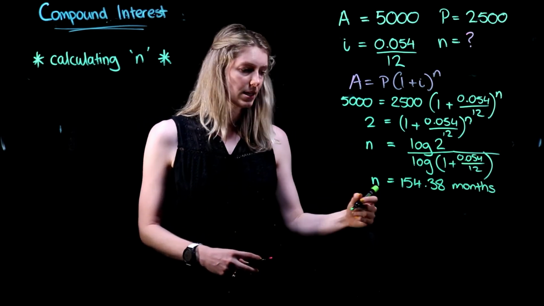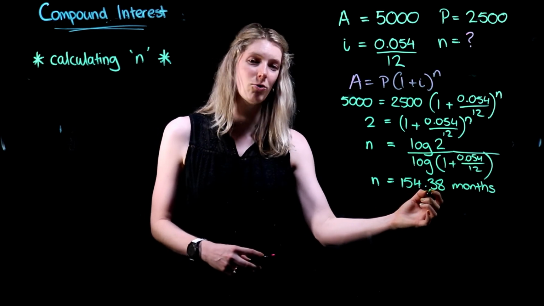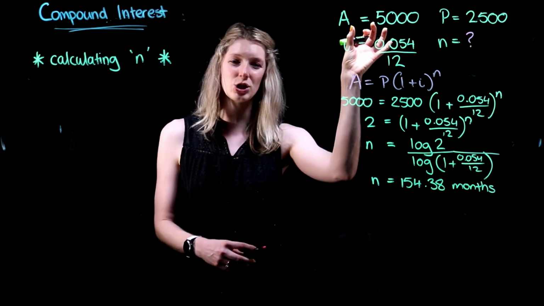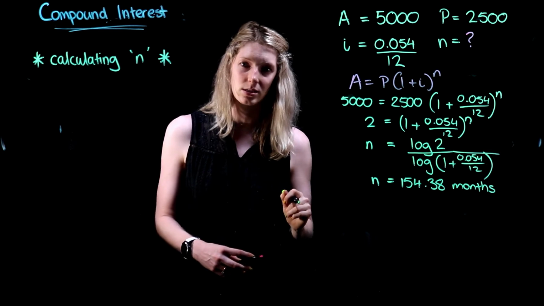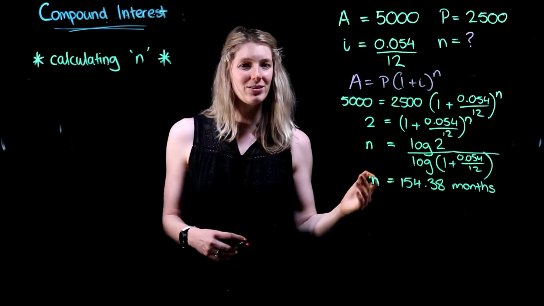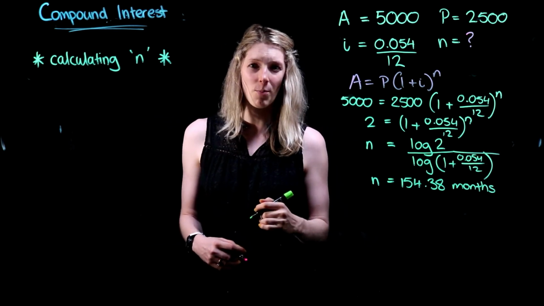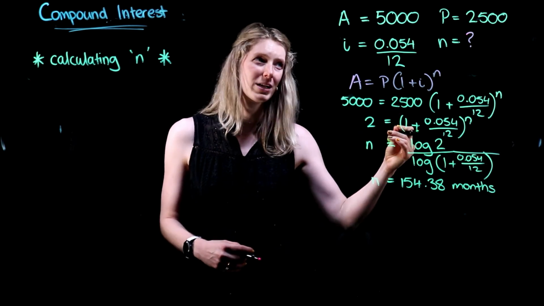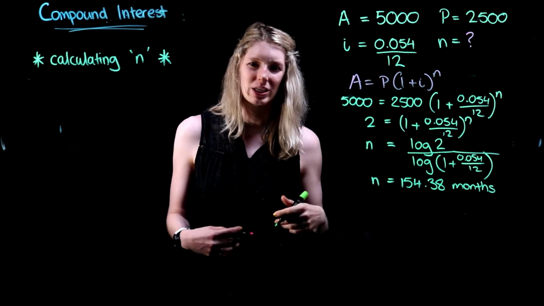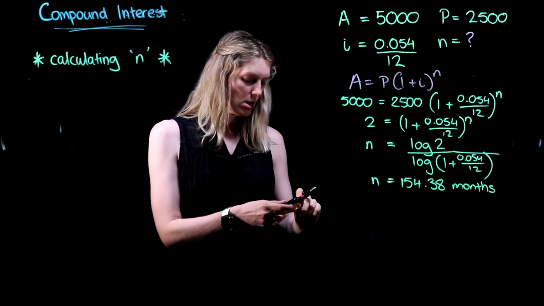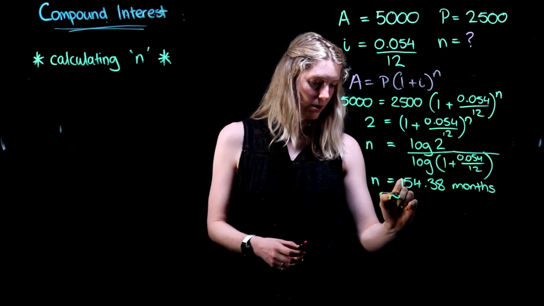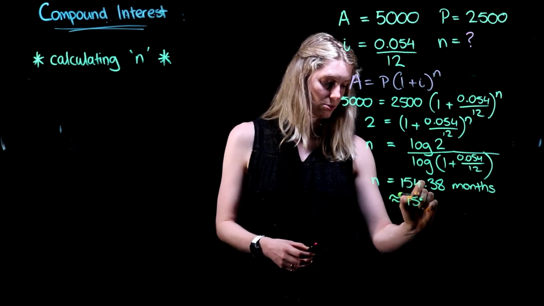It is telling us that it is going to take 154.38 months to reach that doubled $5,000. So if we were to round it down to 154 months, we haven't quite reached that $5,000 yet. Therefore we need to round this up to